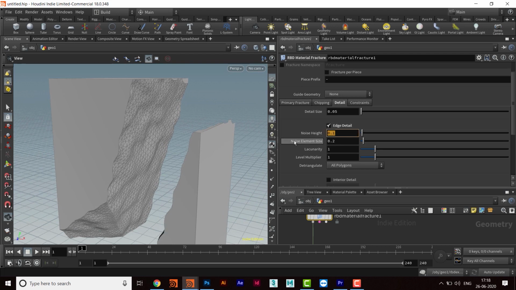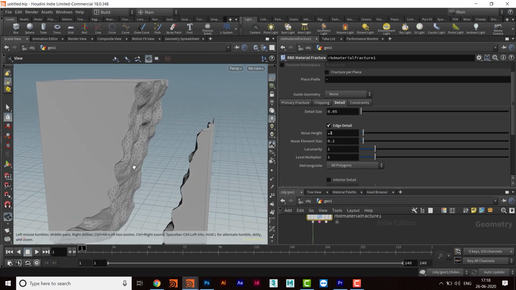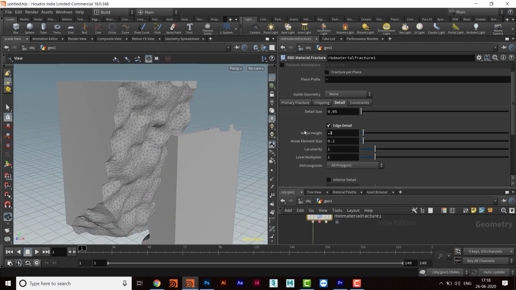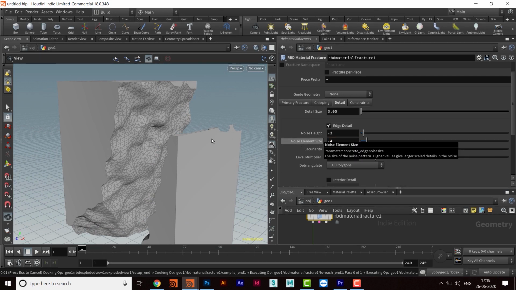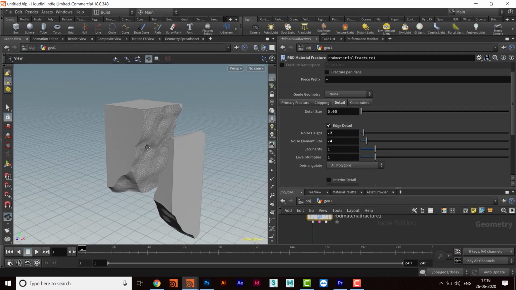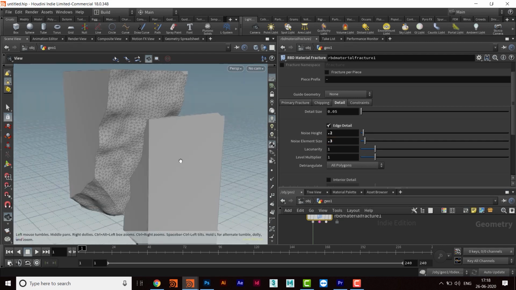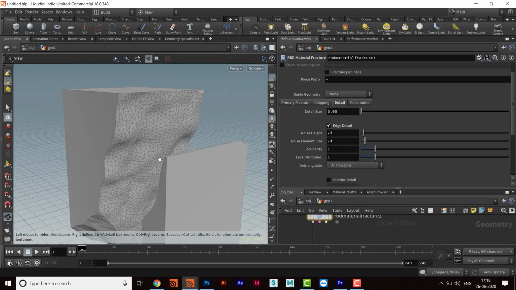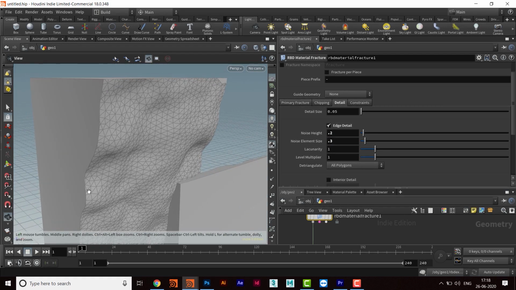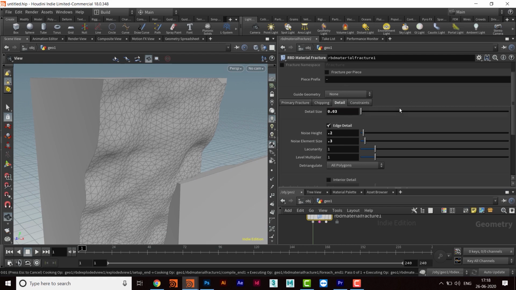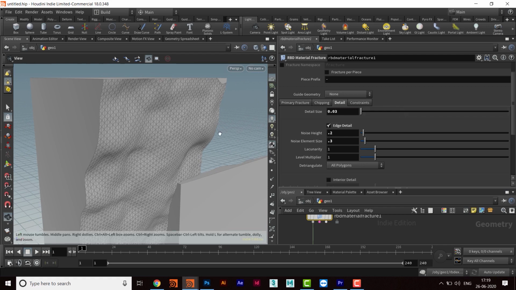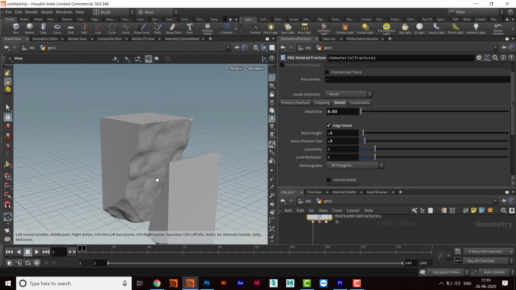Two more usable values are maybe noise height, that is if I do it 0.2, then more randomness will be here. Okay, depth will be here, and then we can give element size just like mountain shop. So I can make it 0.4, and then this will be bigger kind of thing like this. So I'll make it 0.3, and then yeah, I can also increase the details here only. What I can do, I can go from 0.05 to 0.03. Okay, so now more details is here.